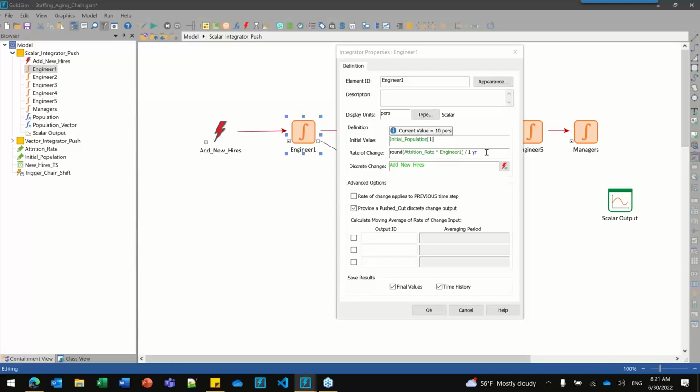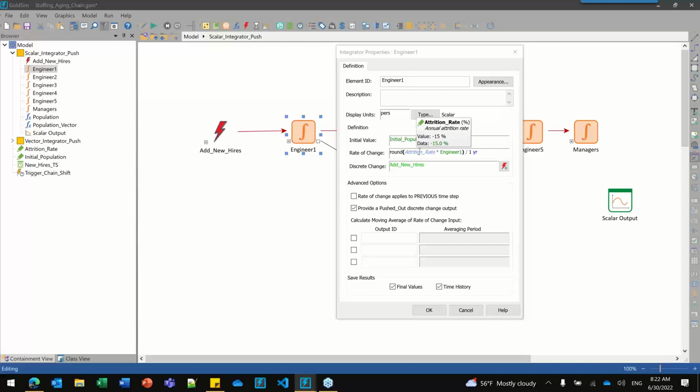But you don't have to do it that way. You could have a different rate for each group. But I just refer to the same attrition rate for all the groups, and in this case, it just happens to be 15% losses. So that means on every year we're going to remove 15% of whatever is currently in the